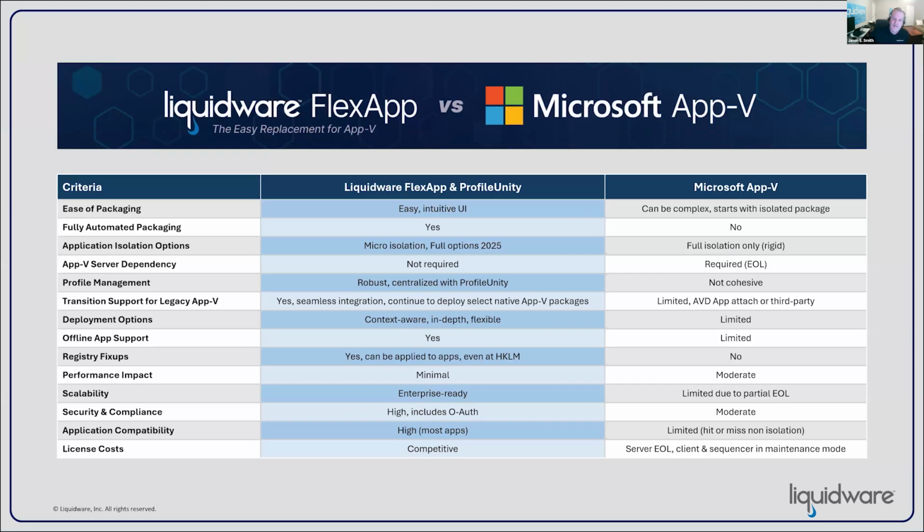When you compare FlexApp and ProfileUnity against something like Microsoft App-V, you have, as I said, a modern way of doing this and delivering the applications very quickly. An easy and intuitive UI. We no longer call this thing a sequencer. It's an automatic packaging machine that can plow through tons of applications over a weekend and have them ready to go. We also have manual packaging in there where you can walk through a next, next, finish, but we've even automated that process too. We have micro isolation that still takes care of some of the things like DLL conflicts, anything beyond